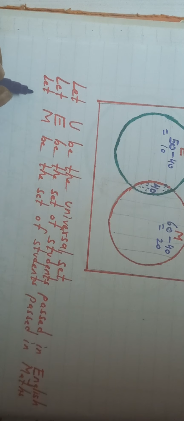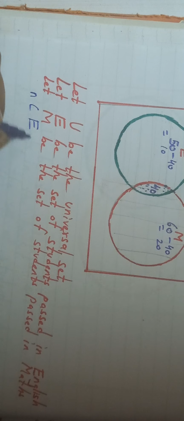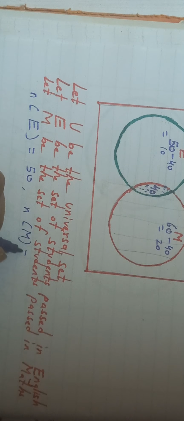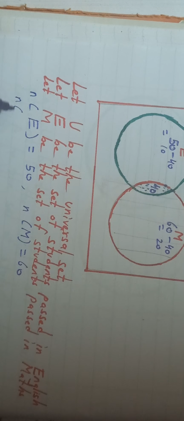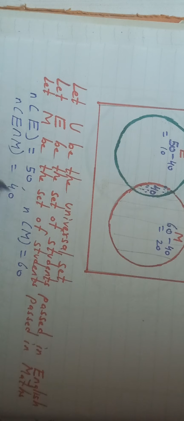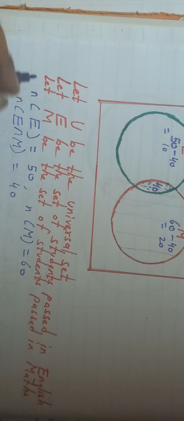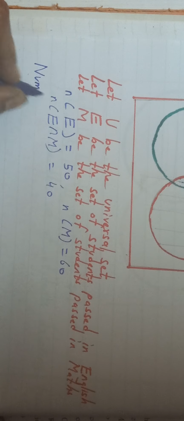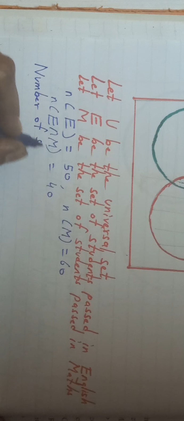Okay. So now we will write number of elements. What is given? Number of elements in set E, that is students passed in English, is 50. Correct? And students who passed in maths is 60. And passed in both the subjects is E intersection M, that is 40. And what we have to find? E union M. And E union M is nothing but, so what I'll do, I'll write like this: number of students who passed at least in one of the subjects is equal to, so number of students